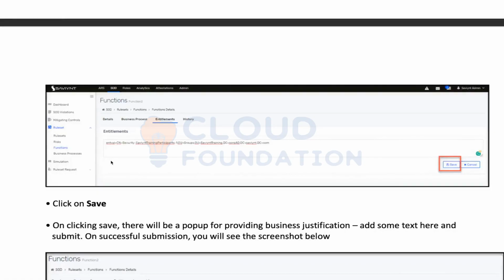Take action: you could accept, you could remove, you could generate. Take cognizance.